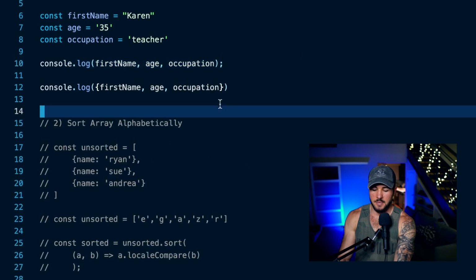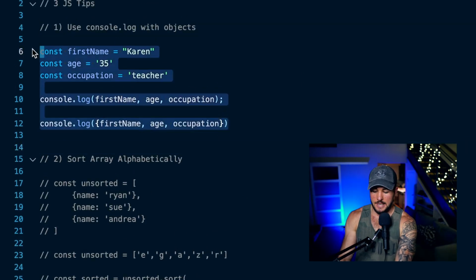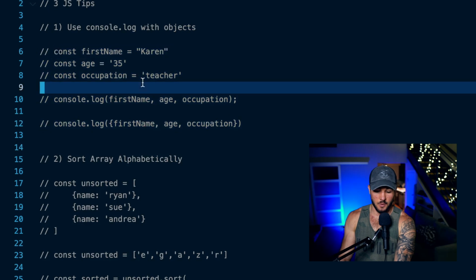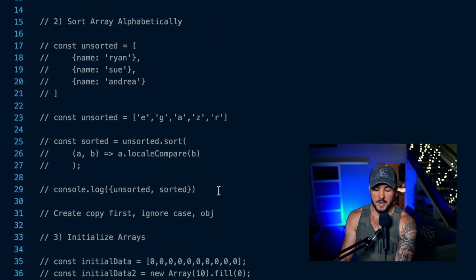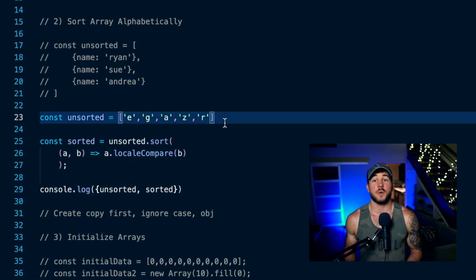Now the second tip here is going to be how to sort an array, but not just any old sort, how to sort an array alphabetically. On line 23, I have an array with different strings in it. E, G, A, Z, R. Clearly, they are not sorted alphabetically. But how could I sort this alphabetically? Well,